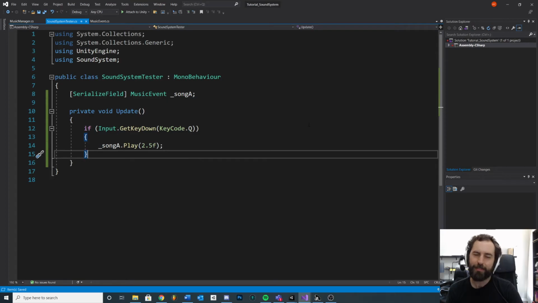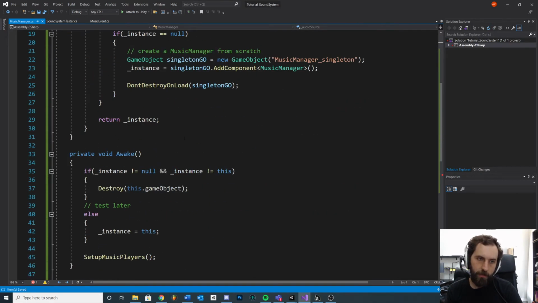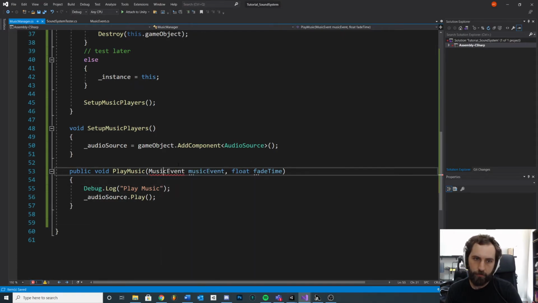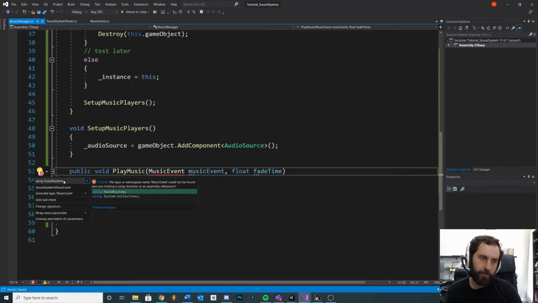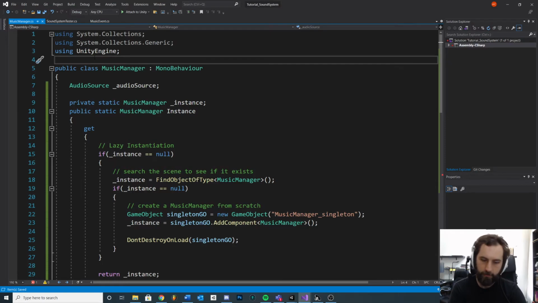Like our tester just wants to access it. This is not core to the tool. So I could actually wrap this whole thing inside of namespace SoundSystem, but if you weren't sure what was going on here, if I were to do quick actions and refactoring, you'd see that it would identify the SoundSystem namespace and be like, oh, that's why it's not recognizing. We could actually just do some magic to put it in there, but we'll just do it the old-fashioned way,